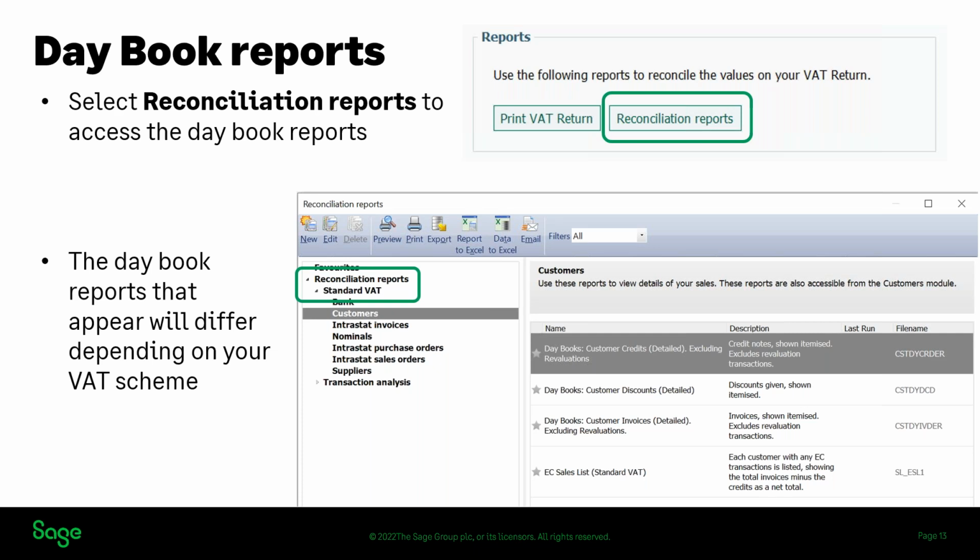So on the slide here in this example, we can see it says standard VAT in the window, and we can see there are folders further down shown for the different areas of the software. So you can see bank, customer, supplier, etc. And they will each hold the required daybook reports. I'll give you an example